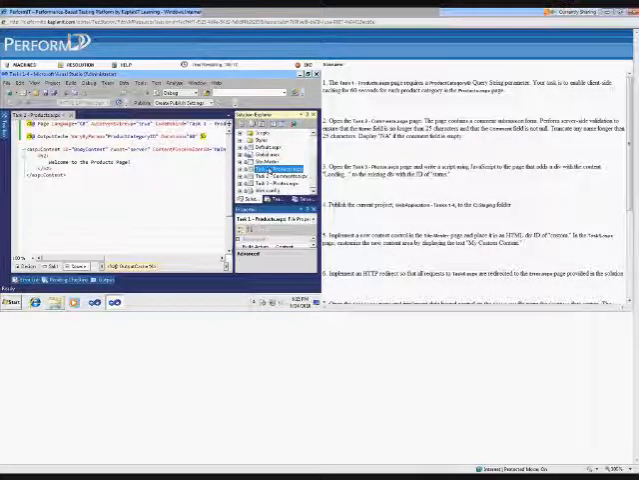So we've got that closed. Now let's take a look at task number 2. And task number 2 is asking us to open up the comments.aspx page. And what we're going to achieve in task number 2 is we want to set up